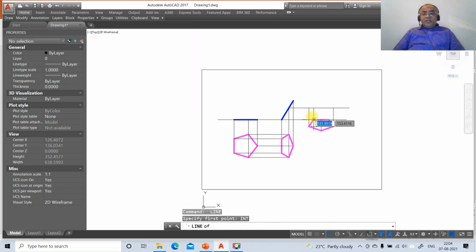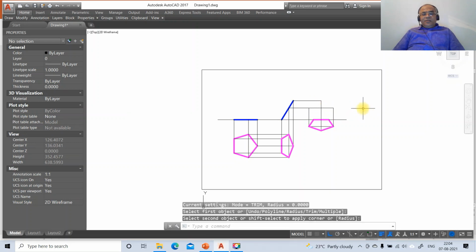Similarly, use line, INT of this, and draw one horizontal line, and similarly line, you extend this line from here to this point. Then go to fillet between this line and also between these two lines. Then go to